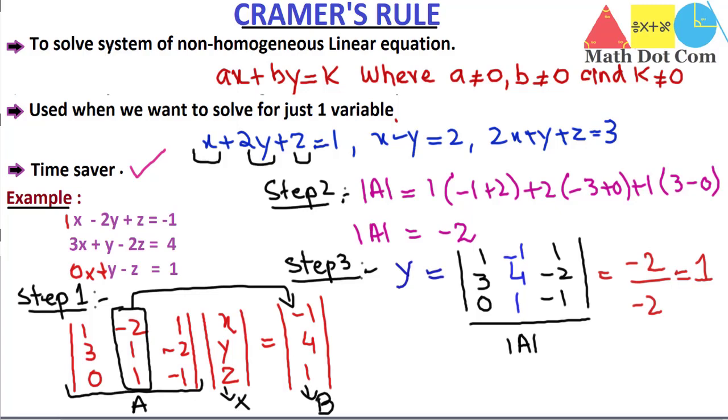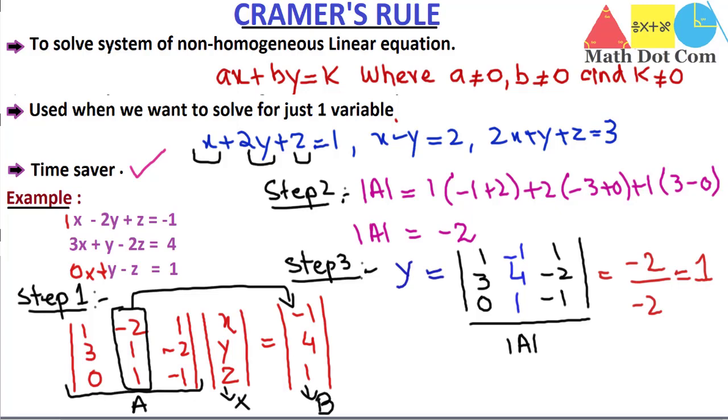So we have not found the values of the other variables in the given system of linear equations, and we just found the value of the variable that we want directly. So this is how you can find the value of any single variable from the given system without finding the values of the other variables. Similarly, if you want to find the value of x, then you have to replace the first column by the B matrix, and if you want to find the value of z, then you have to replace the third column of the A matrix by the B matrix. How can you find the values of the rest of the variables as well?